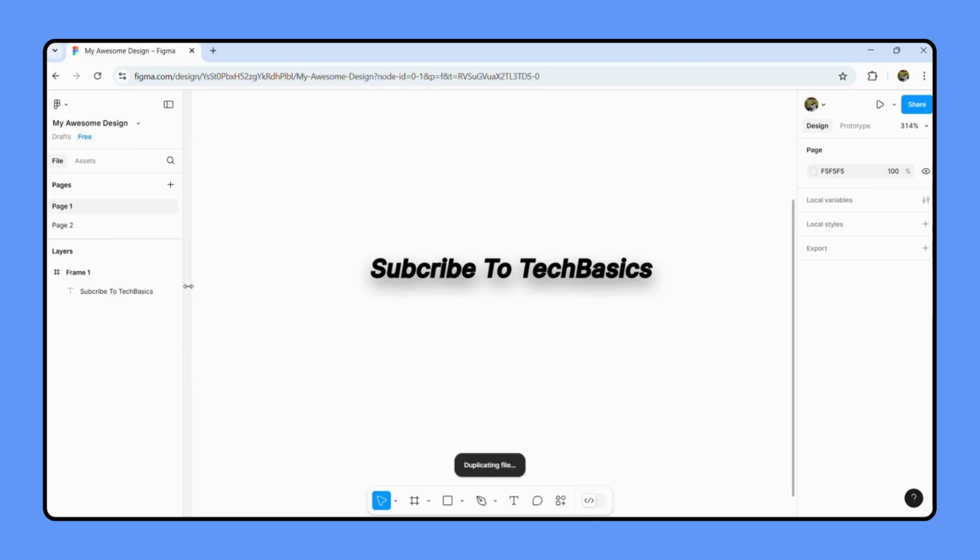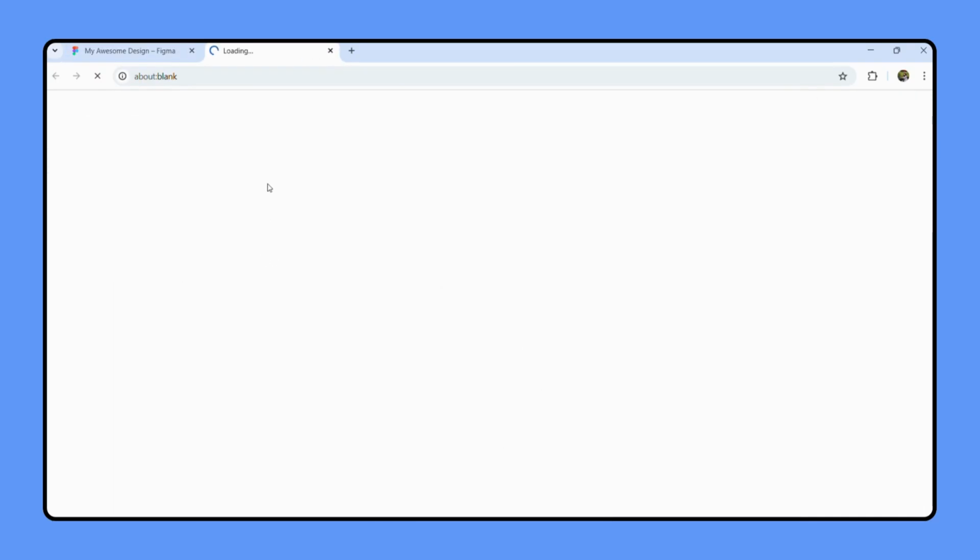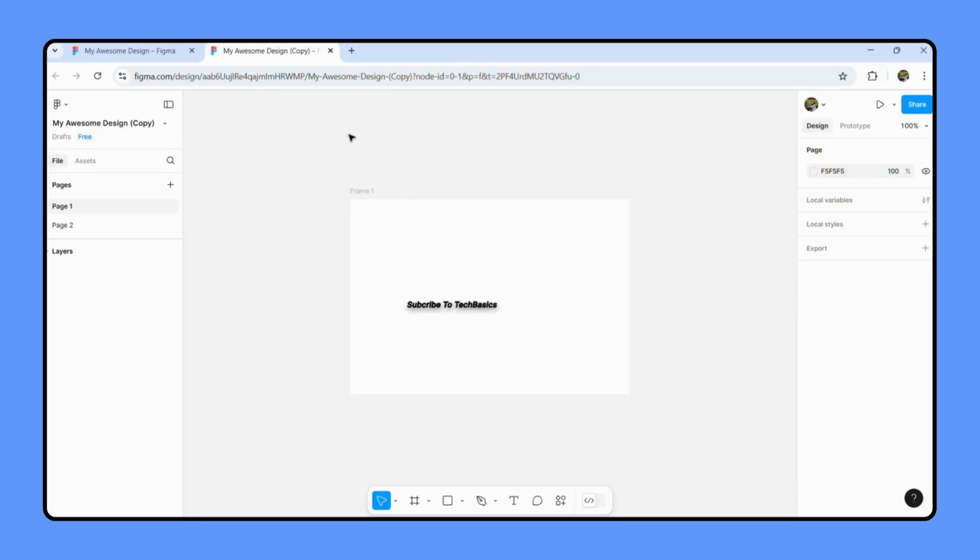there and it's duplicating the file, and it will lead you to a different copy of the same file. That means the file has been duplicated. It's just a copy. And if you want to, you can rename the duplicated file to something